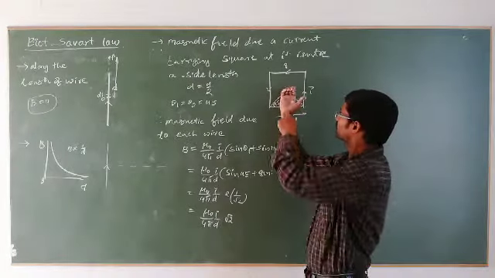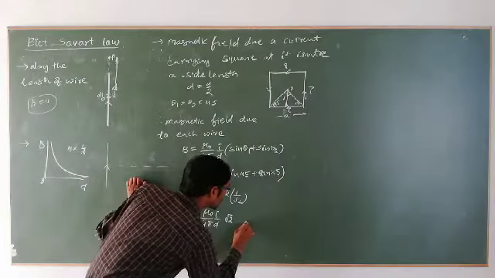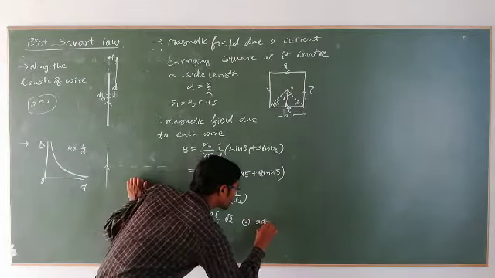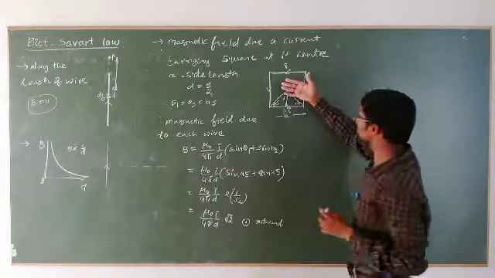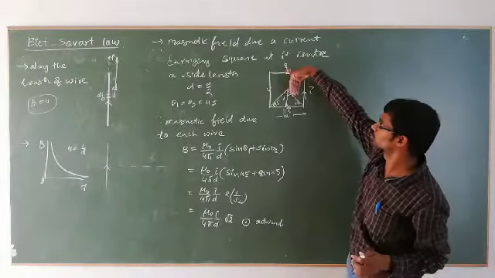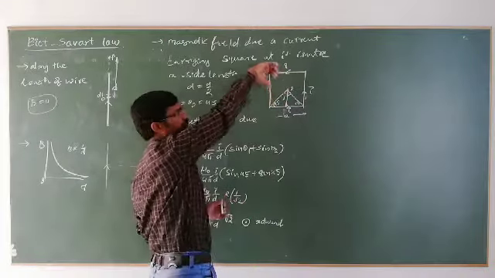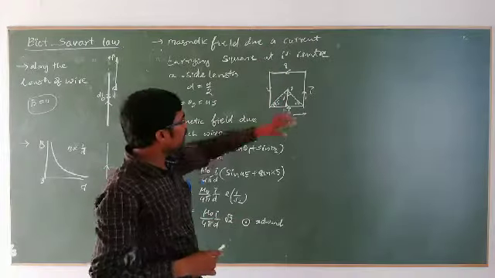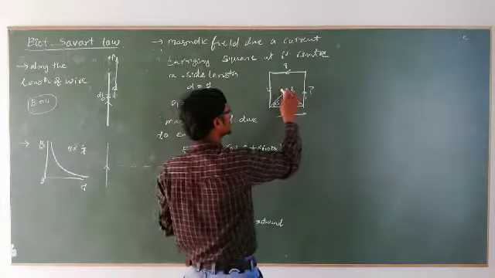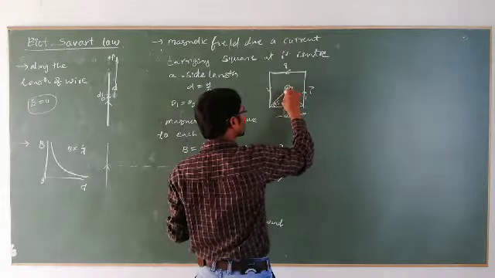Now, as it is a square, at the center you need to find the magnetic field. So first you do one thing: you find the magnetic field due to one side, then you can get the magnetic field due to all the remaining sides. And you need to find the direction due to each at that point. Here, as it is a square, what would be this angle? Total 90 degrees, the bisector gives 45, and even this is 45 degrees.